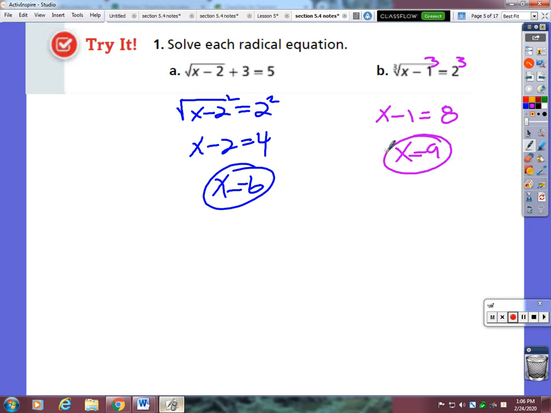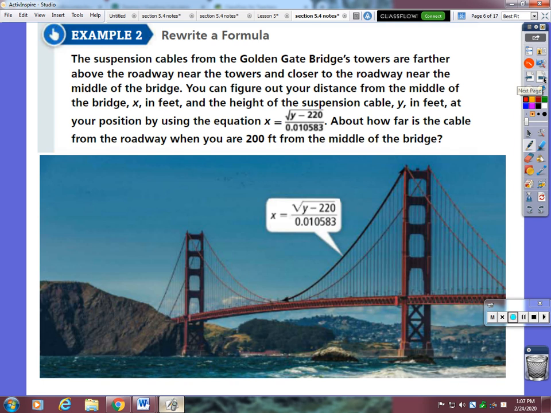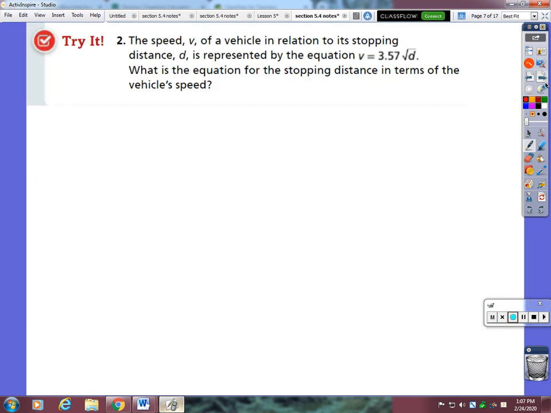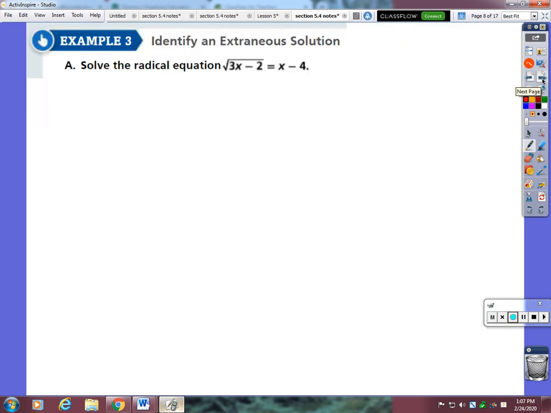All right, how do you guys feel about that? Muy bueno. All right, we're going to raise the level just a little bit here. You know how this goes, right? It's always how it goes. All right, let's try solving a radical equation